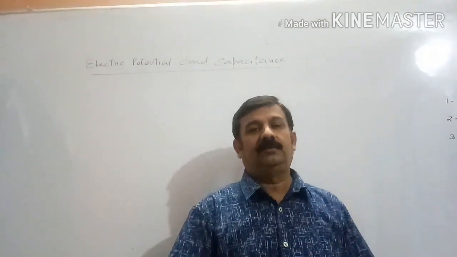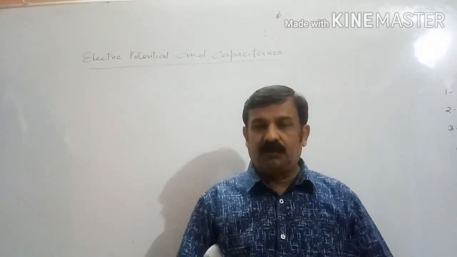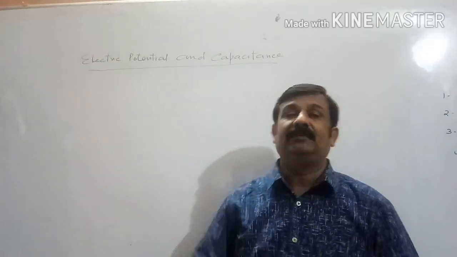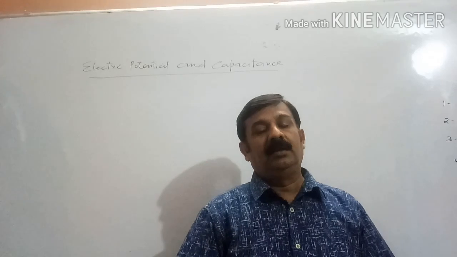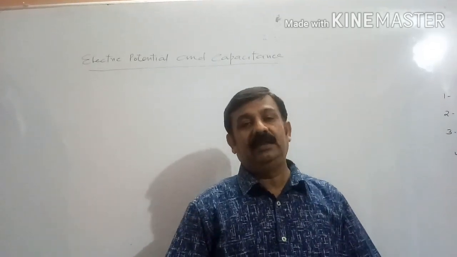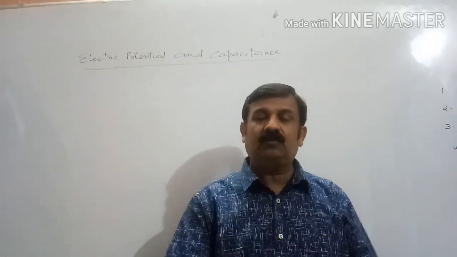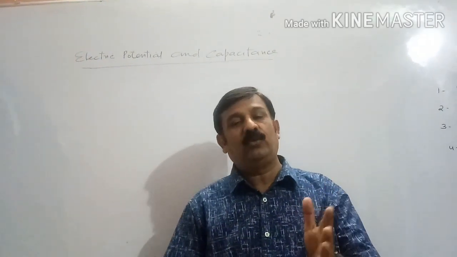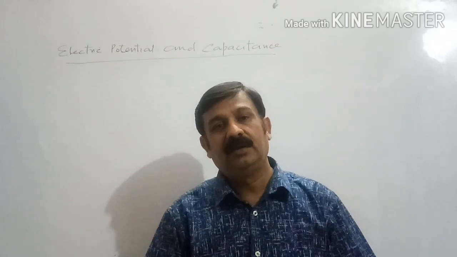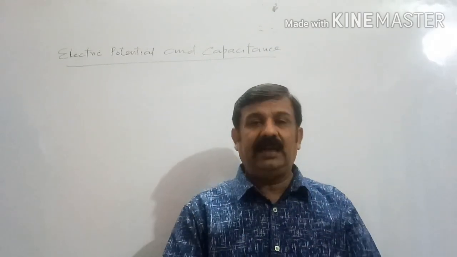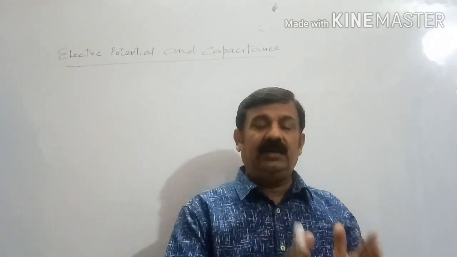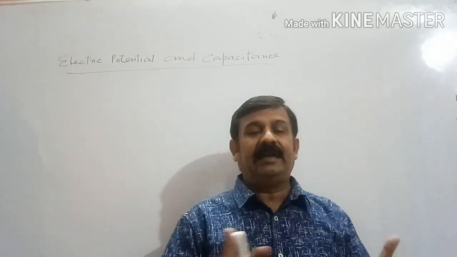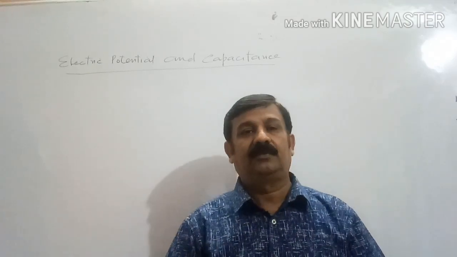This video lecture covers a few topics of electrostatics part 2, that is electric potential and capacitance. In my last video lecture, we discussed what electric potential is, how we calculate electric potential at any point due to an isolated point charge body, what the relation is between electric potential and electric field intensity, and what the units and dimension of electric potential are.